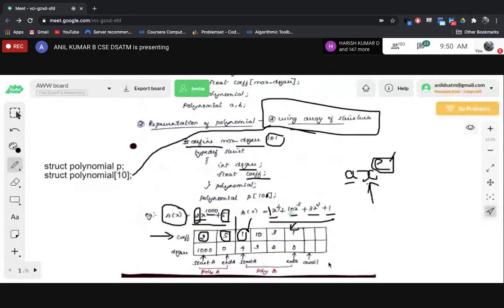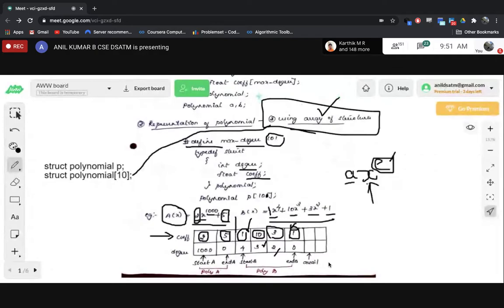So for the second variable, coefficient is 10 and degree is to the power 3, so we're going to take it as 3. So starting polynomial, and next 3x square. Similarly, the coefficient 3 and degree 2. In the fourth part, we don't have any degree, directly the variable there. Okay, so this is how we represent it in an array format, that is the representation of a polynomial using array of